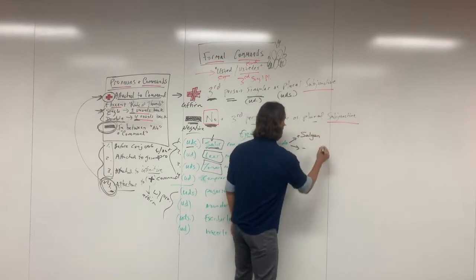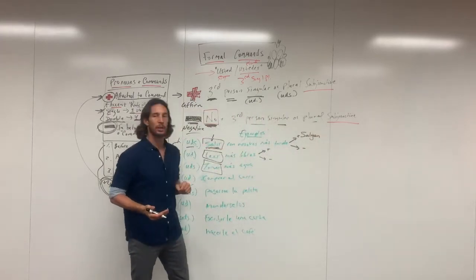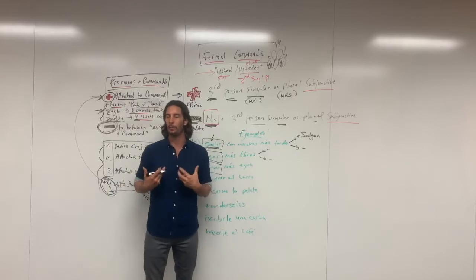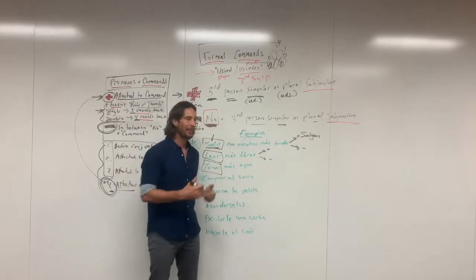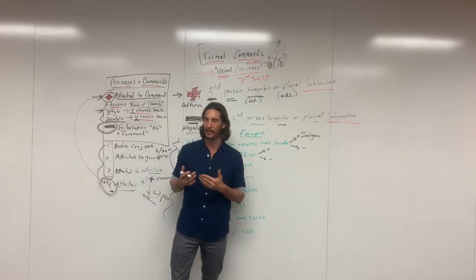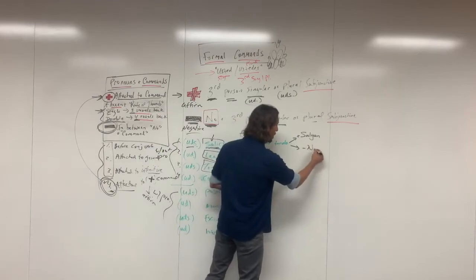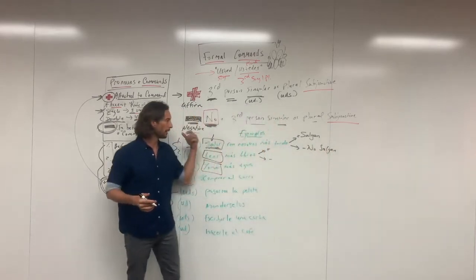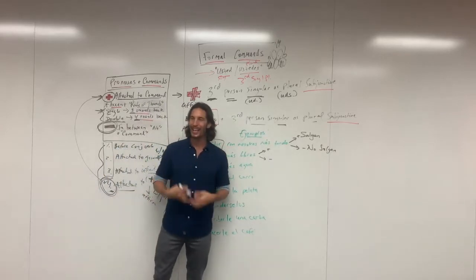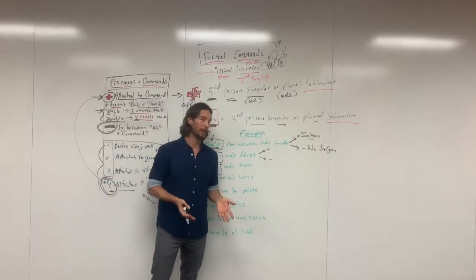salgan, right? And so if you wanted to use the whole sentence, it would be salgan con nosotros más tarde. So that would be saying like, hey, you all come out with us later on, right? Now, if we want to make it negative, we would do no, right? And then the command. So you would say, no salgan con nosotros más tarde, which is saying, don't come out with us later on,